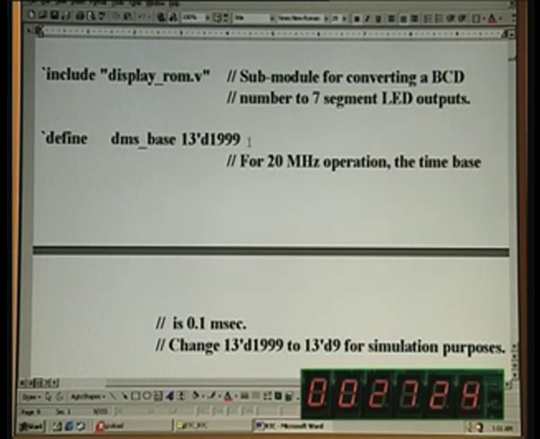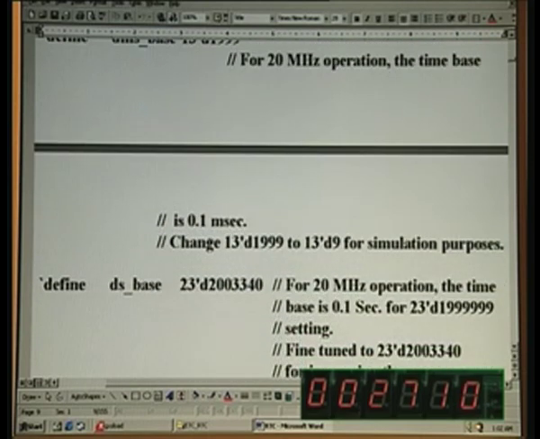This is what it means here. We are going to operate at 20 megahertz operation, and the time base is 0.1 millisecond, as we have seen, and that is this one. And if you want to change it for simulation purposes, instead of 1999 you can make it 9, so that you can run much faster,